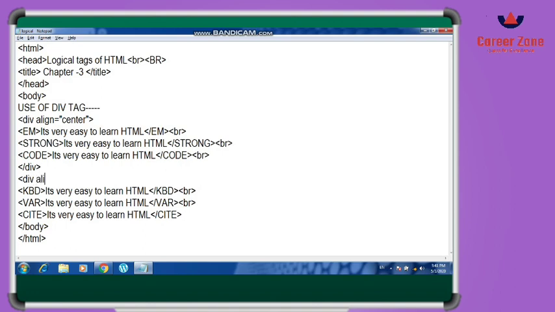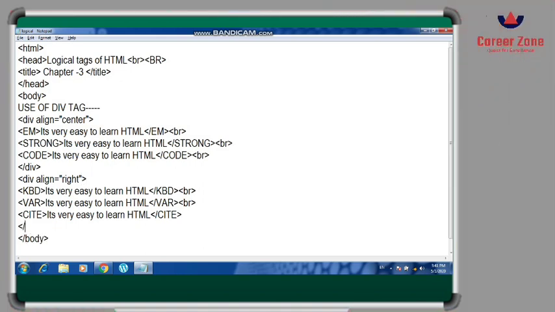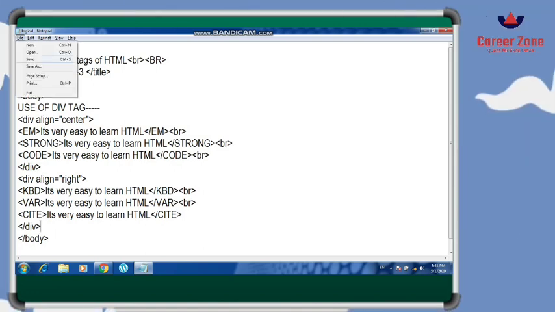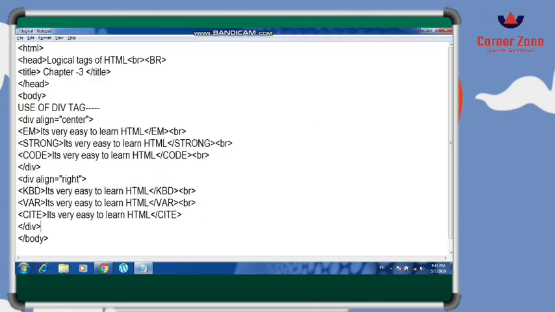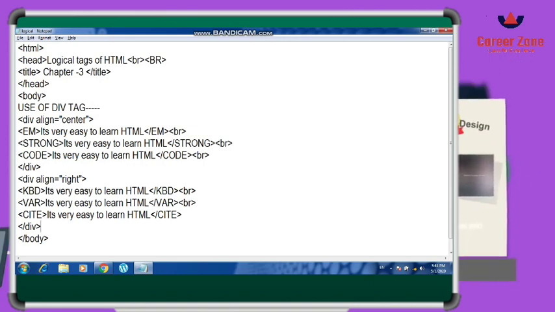Now you can change it to right also. So I am changing the next three sections of the logical tags to the right side. I have written div align is equal to right, and see it is going to take the section of the tags to the right side.